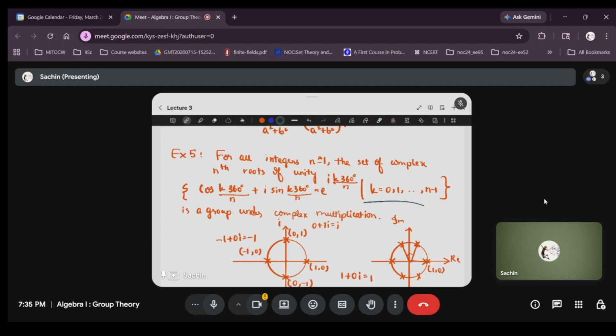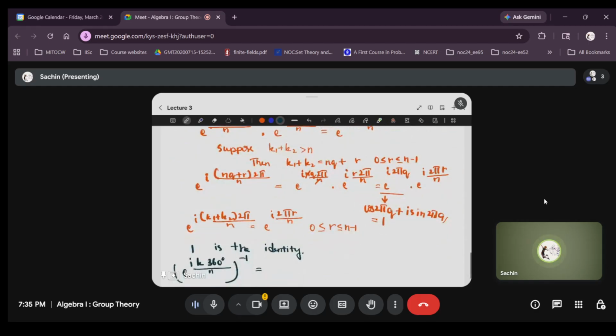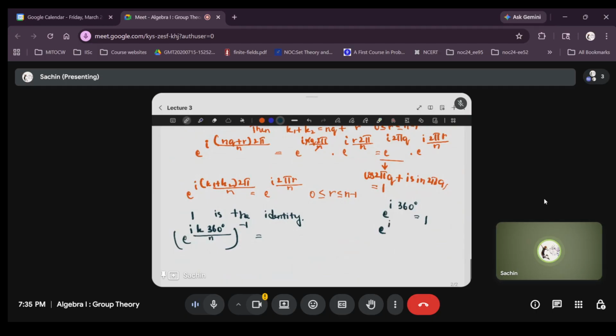Because, yeah, but we saw that e power i 2 pi q, or e power i into n into q into 2 pi by n, was 1. So e power i 360 degrees is 1. This can also be written as e power i 360 into n divided by n. So this is actually equal to e power minus i k 360 by n,